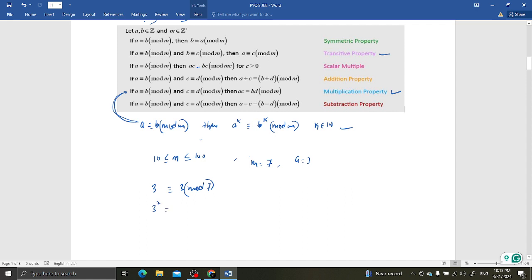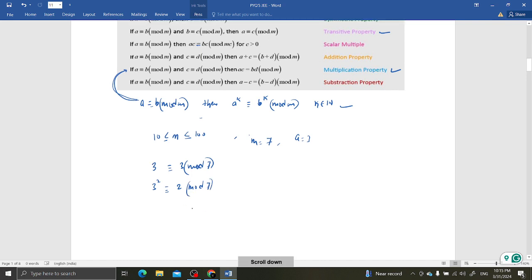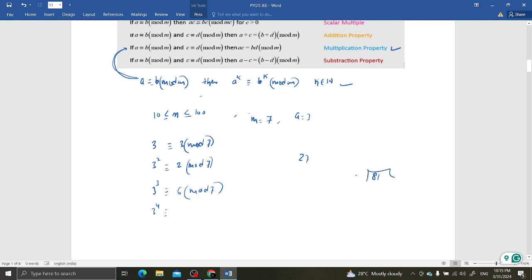3 square, if I raise the power to 3 on both sides, what do we get here? 3 square, that is 9. 9 is congruent to 2 modulo 7. Now 3 raised to the power 3 is 27, which is congruent to 6 modulo 7. Then 3 to the power 4, that is 81. 81 if we divide by 7, 81 minus 77 is 4, so congruent to 4 modulo 7. Now 3 to the power 5 is congruent to